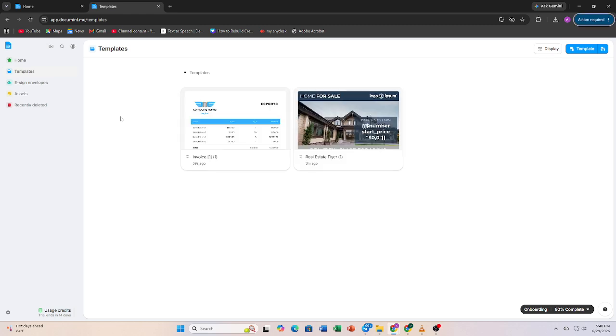Hey everyone, welcome back. In this video, I'll show you how to automate document creation with Documint in 2026. If you want to generate documents automatically using templates and connected data sources, this guide will walk you through the